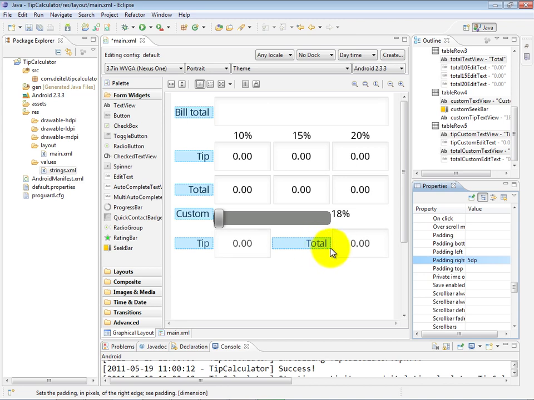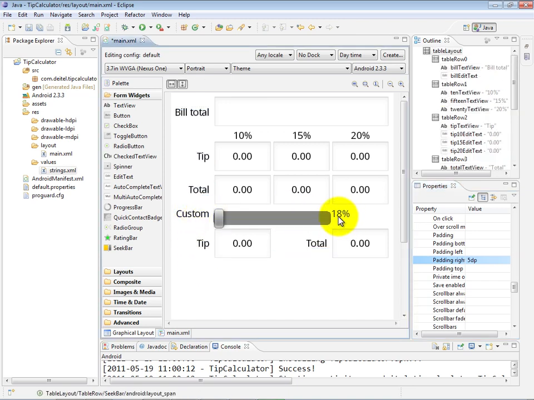Now, in table row number 4, which is the 5th row here, you'll notice that the text of the text views is not aligned very well with the seek bar itself. So we're now going to work on making that look a little bit better. And to do that, we're going to change the gravity properties and other properties on the 2 text views in this row so that we can get some better alignment